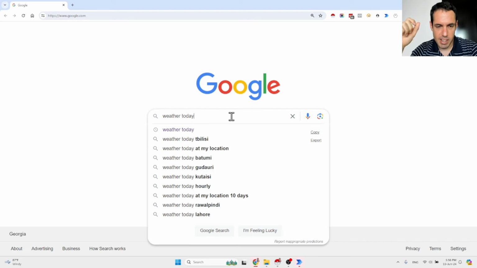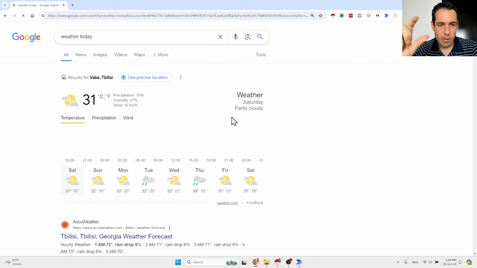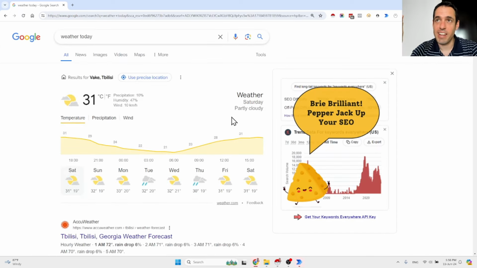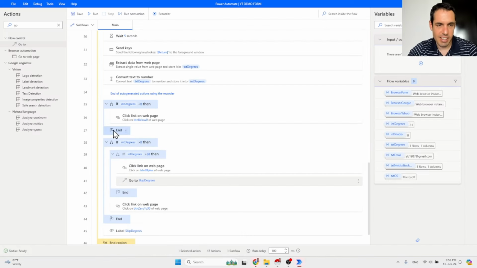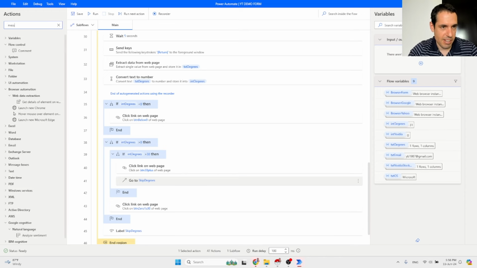So weather today, scraping the 31, hopefully, because since I'm doing this live, I'm always like, I hope this will work out. Okay, so 30 plus, amazing, exactly what we expected. So this is great. Now, what we could have done as well is added this message box,